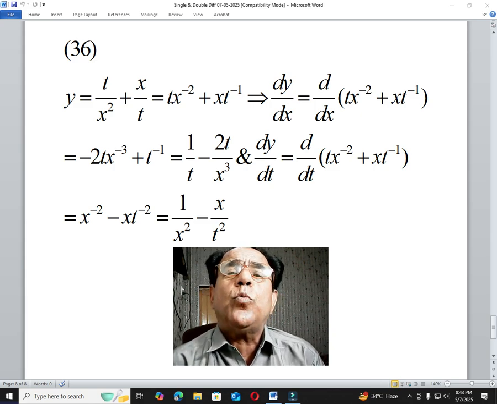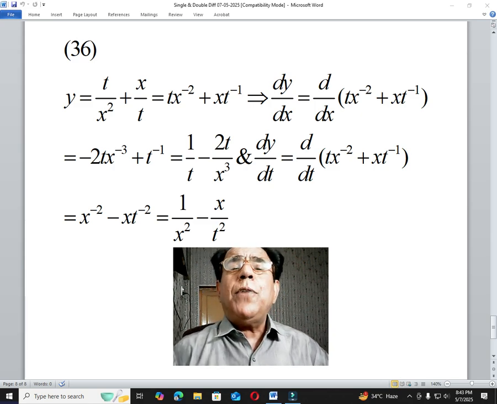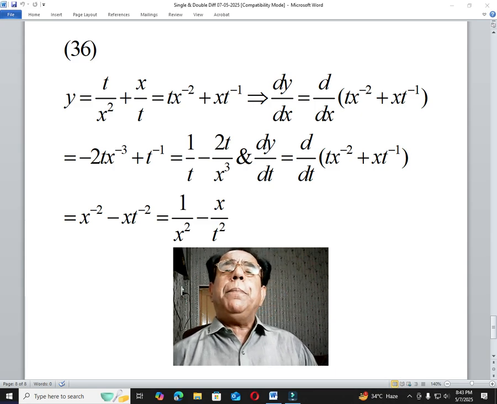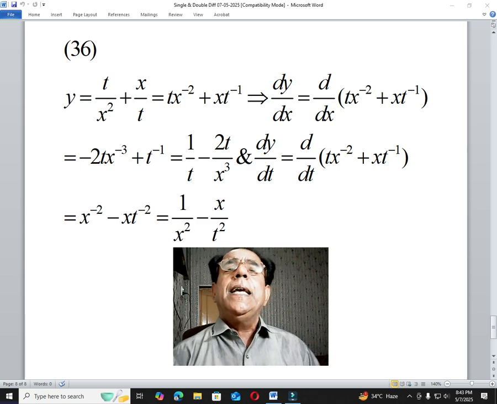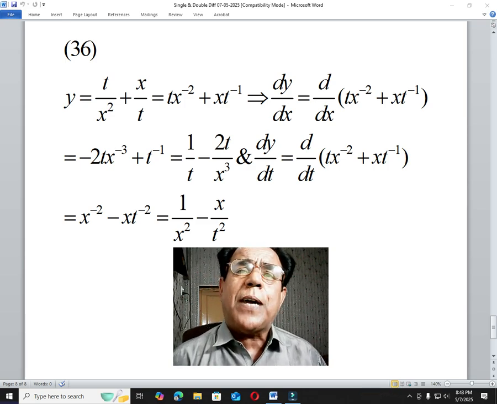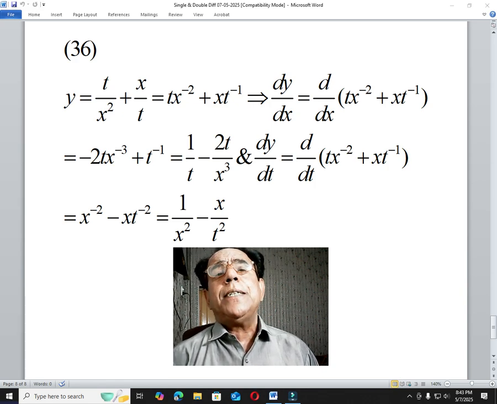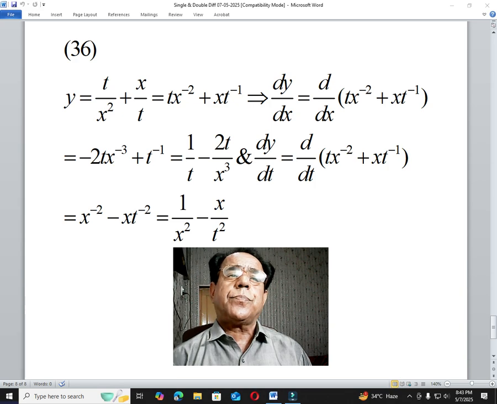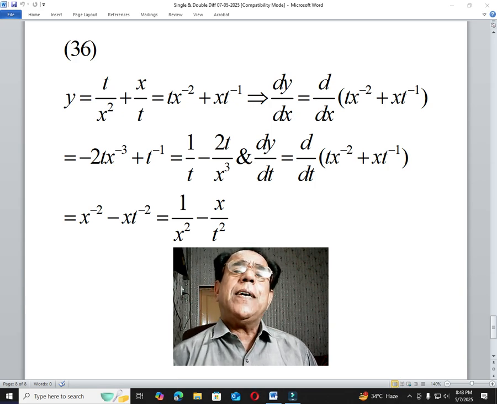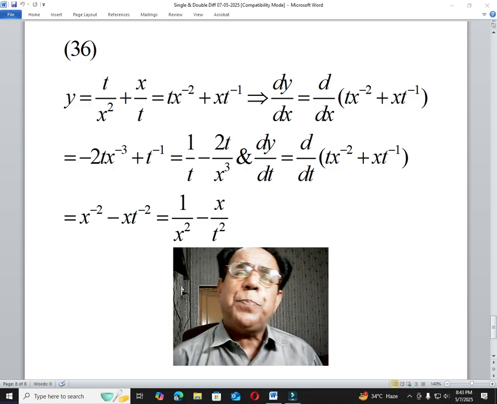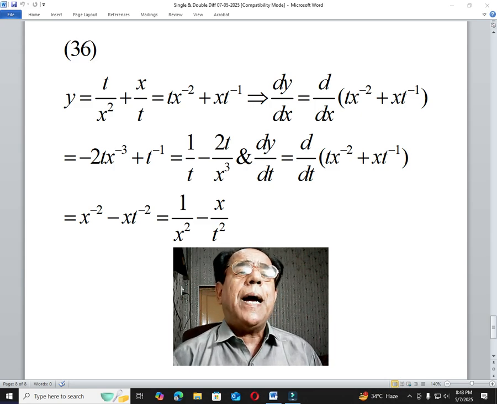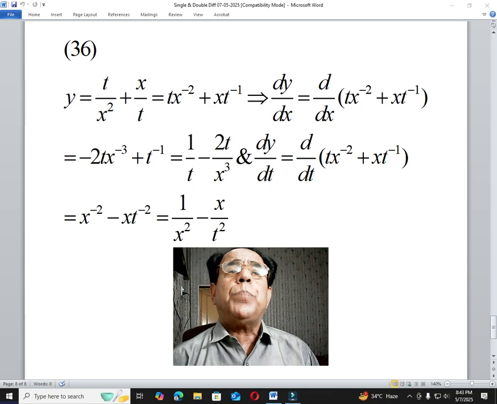Because we are going to differentiate with respect to x, the power of x, that is minus 2, will become a multiplying factor of tx raised to power minus 2, and power minus 2 will be reduced by one number, that is this minus 2 will turn into minus 3. Okay, so that is why the derivative of tx raised to power minus 2 with respect to x becomes minus 2tx raised to power minus 3